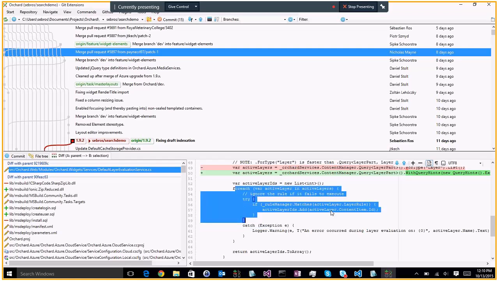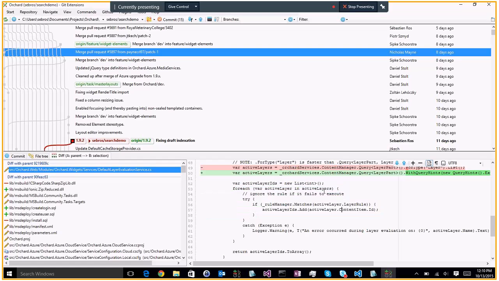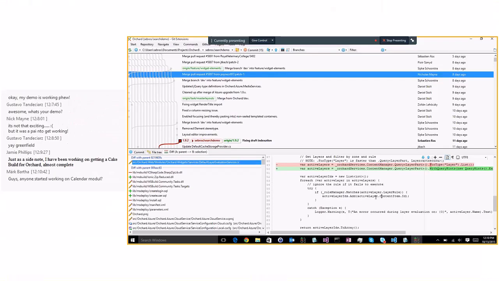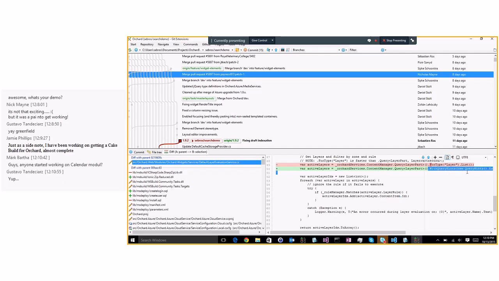There is no layer part dot record anywhere here, and layer part is an info set, so it should not hit the record if you don't explicitly call record. So unless the dot content item